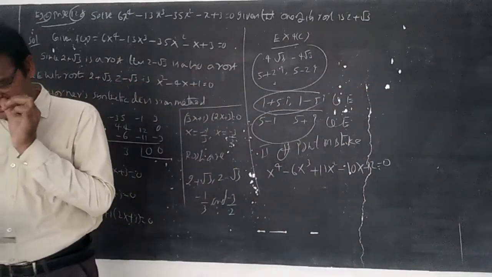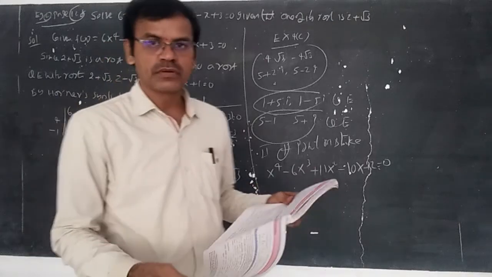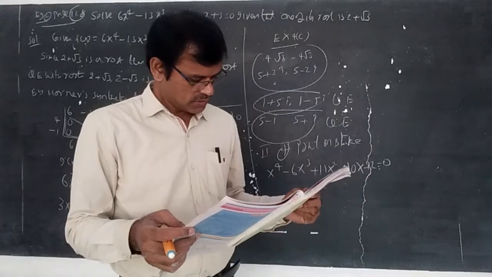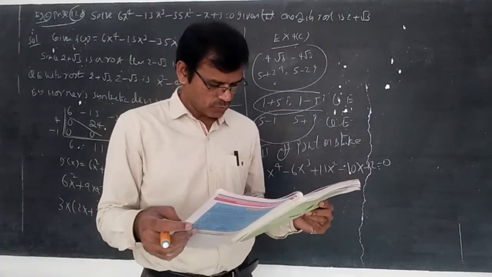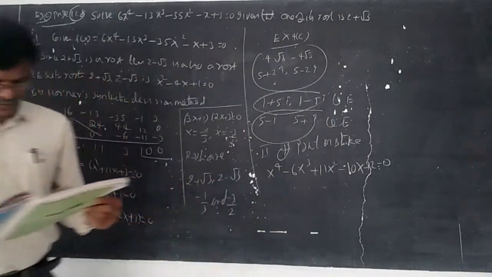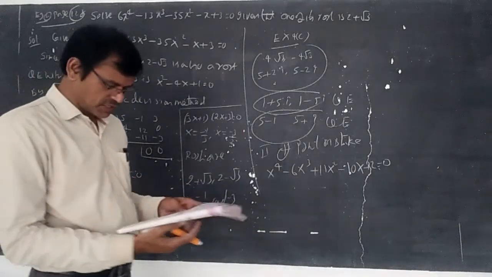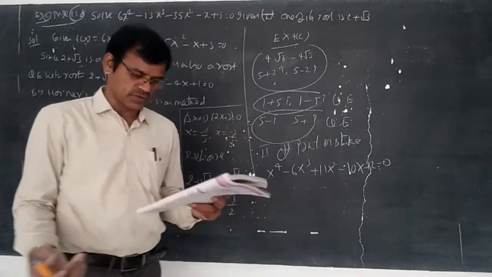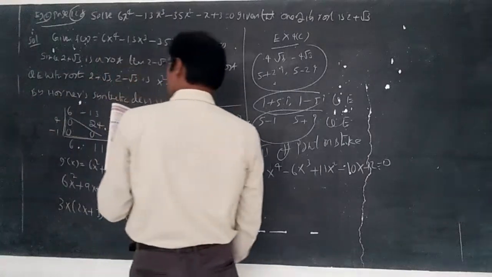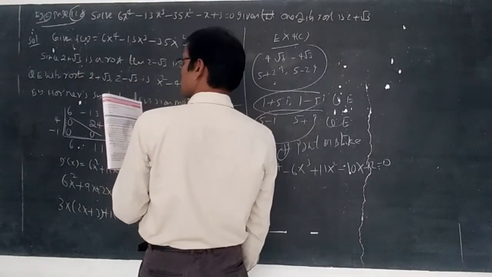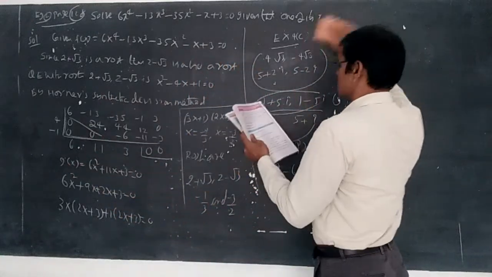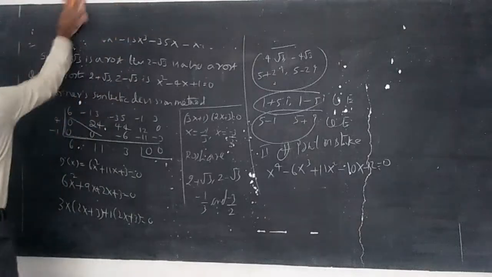I think you can do all the sums. Roman number 2, 7th question and 8th question, I'll say. If given that root 2 plus root 5 is there, we can do the third concept. Now here we can understand root 2 plus root 5, root 2 minus root 5, like that we can do it. 7th question I will say. And 8th question is the same model. Solve the equation. Only simple 7 is enough. Remaining all sums you can do as homework.